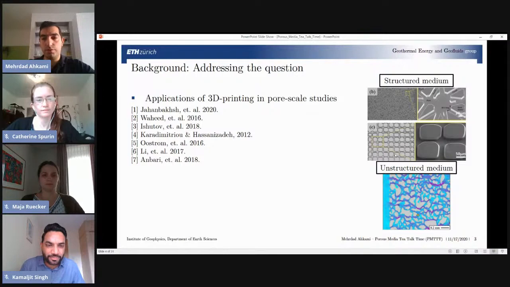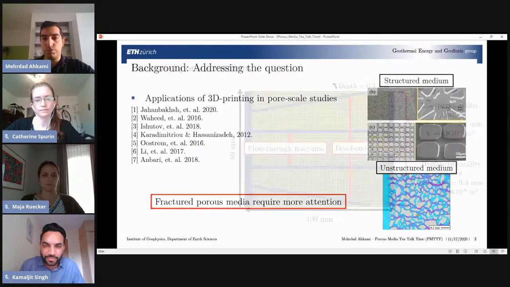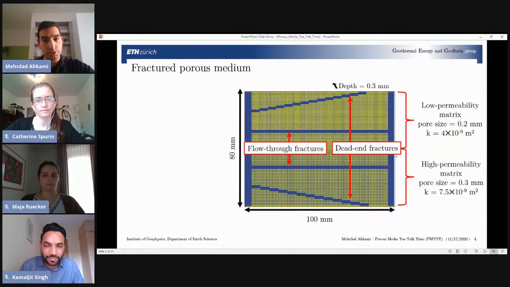There are plenty of very interesting studies where pore scale properties in structured and unstructured medium have been studied. However, fractured porous media, we believe, require more attention. It has not been studied enough, and that's the reason that we use 3D printing to manufacture a fractured porous